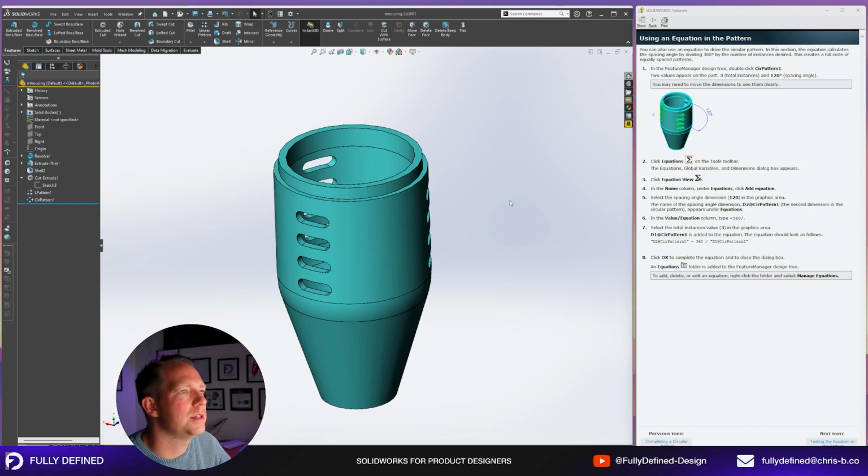Using an equation in the pattern. You can also use an equation to drive the circular pattern. In this section, the equation calculates the spacing angle by dividing 360 degrees by the number of instances desired. This creates a full circle of equally spaced patterns. In the Feature Manager Design tree, double-click pattern 1, 2 values appear. Click equations. Okay, so I don't know if this tutorial was written 10 years ago and hasn't been updated as a possibility,